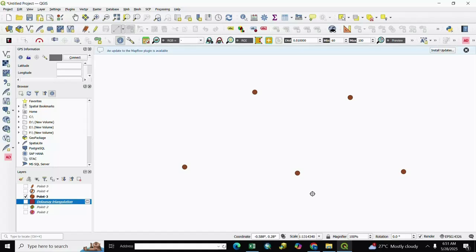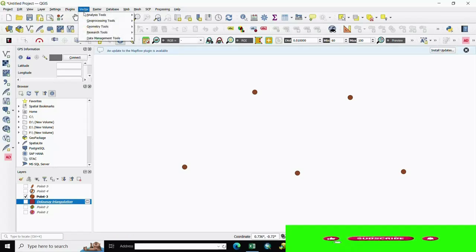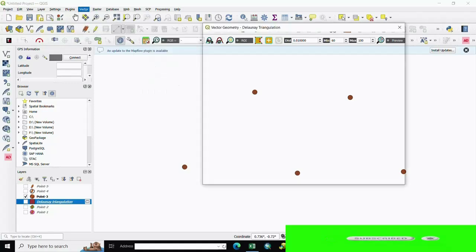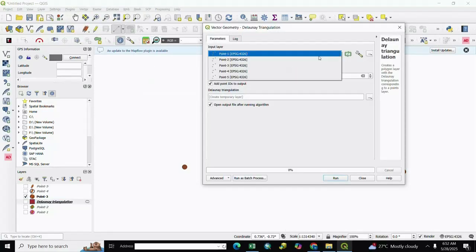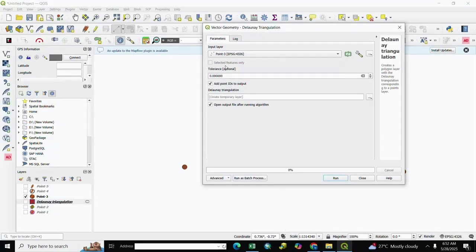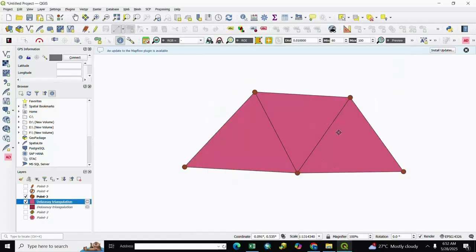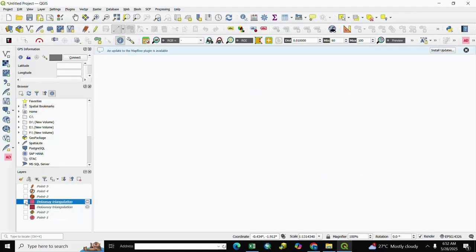For triangulation we go to Vector and Geometry Tools, and we select Delaunay triangulation, and we select here point 3 and run and close it. You see here your triangulation is created for 5 points.